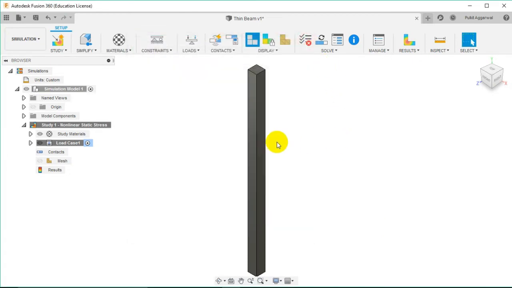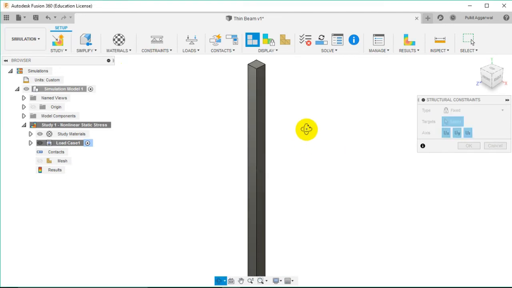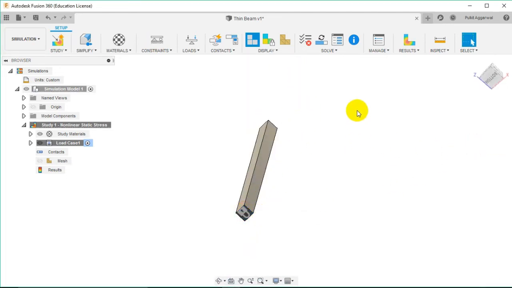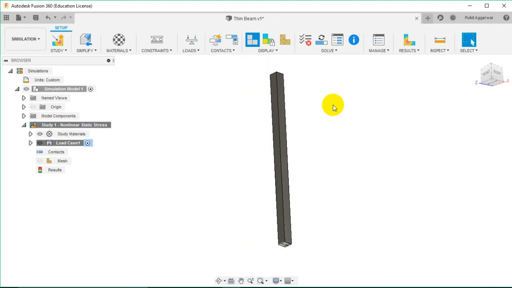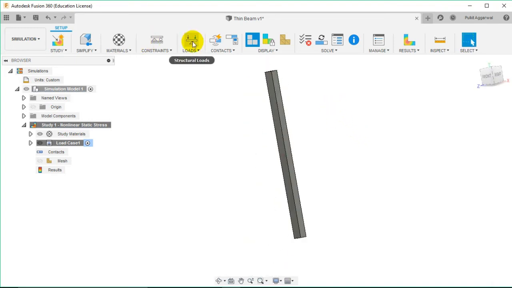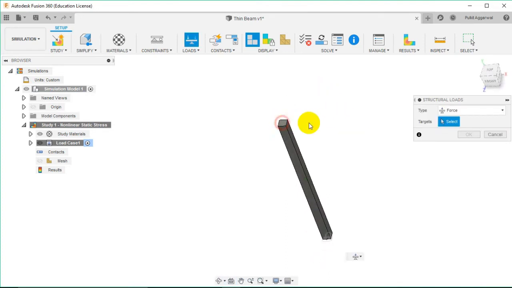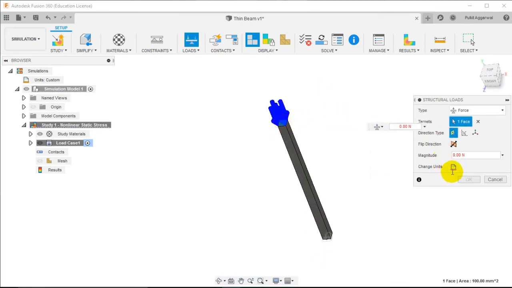Close this. Now we want to add constraints to our model. So let us fix our bottom face and click on OK. Now we want to apply loads. So select loads, select this upper surface, change the units to pound and make a magnitude of 75 pounds.